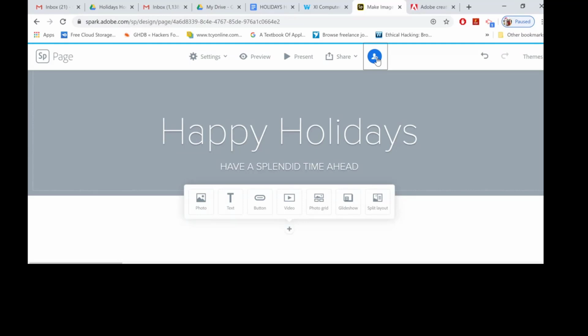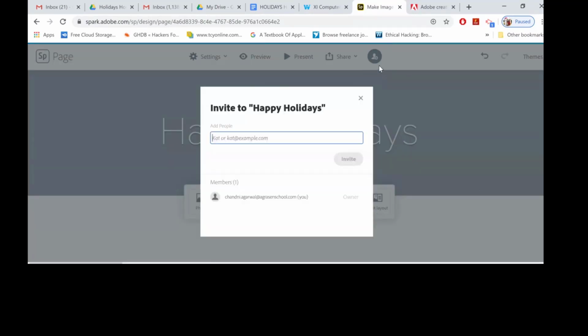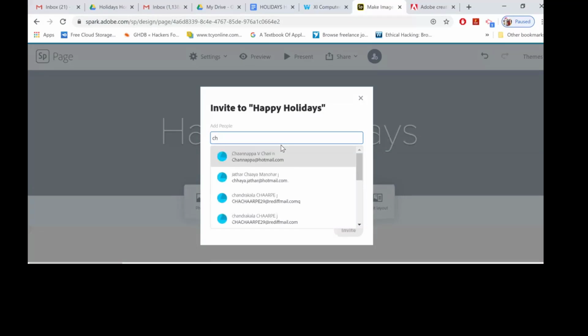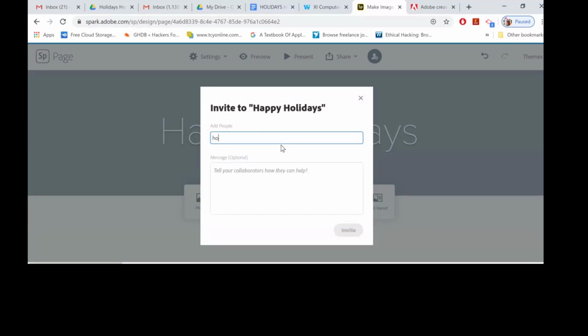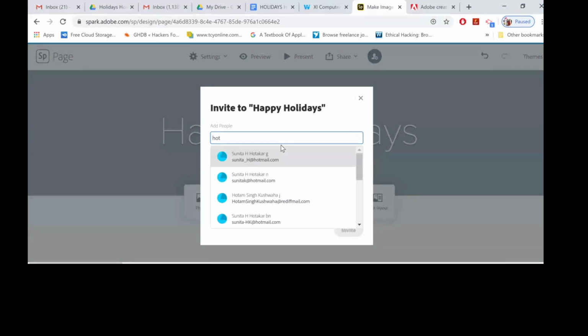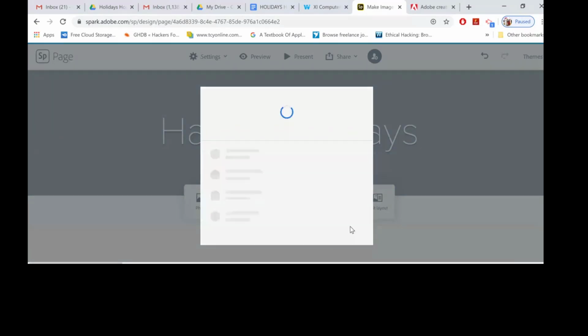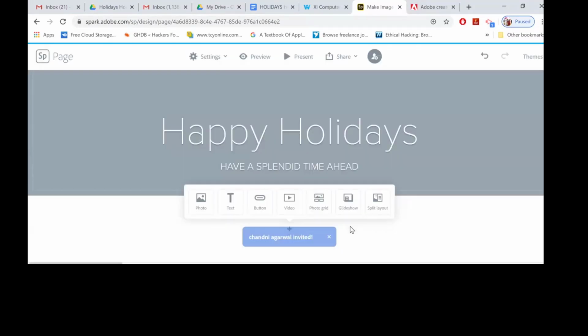First, see from here what we can do. Go to this first sign and you can add more people to it. For example, when I click here, I am getting so many IDs to which I can get connected. I am adding my ID here as a demonstration. In this way you can connect with other friends to collaborate upon the same project. Is it fine?